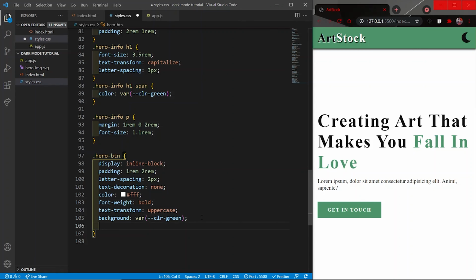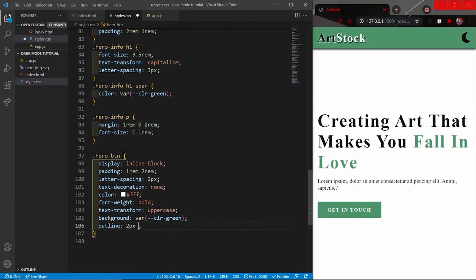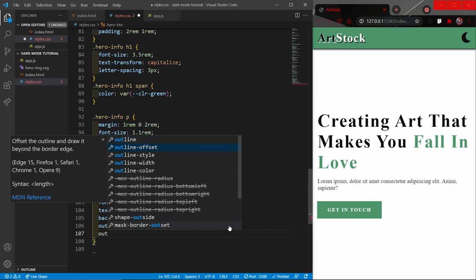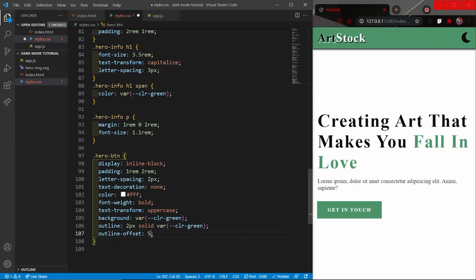Then I will also give it an outline of 2 pixel solid, and the color of the outline will again be green. So currently the outline is just after the button. So I will use another property which is known as outline offset and move the outline away from the button by 5 pixel.